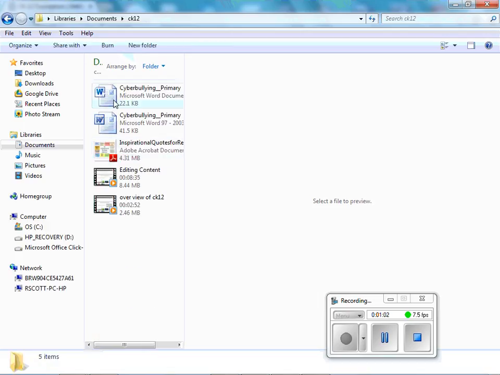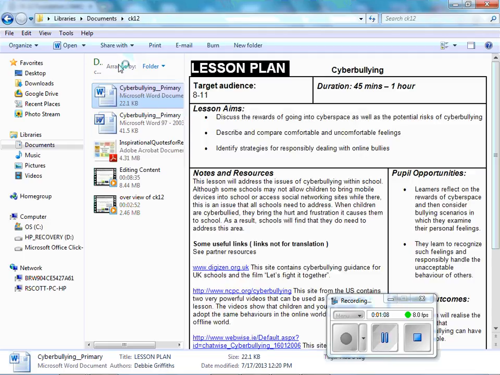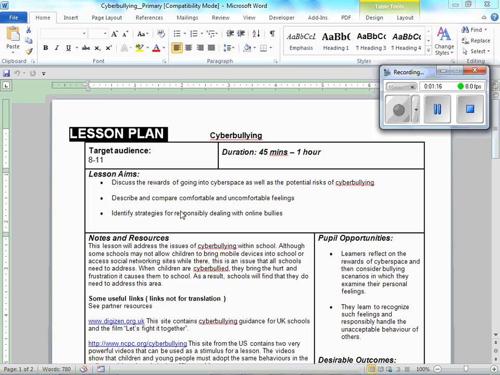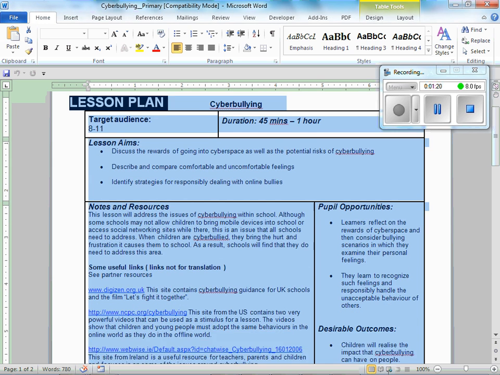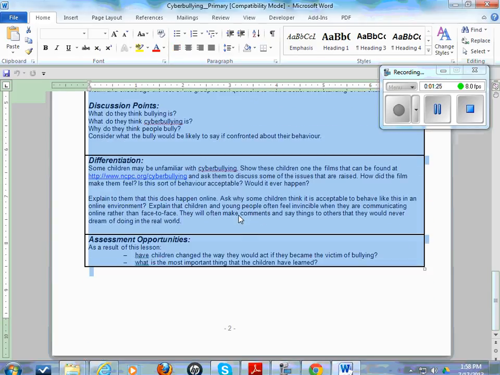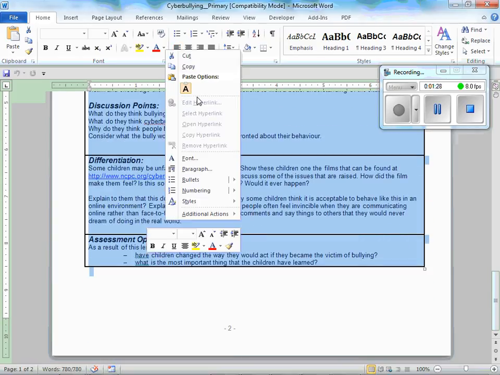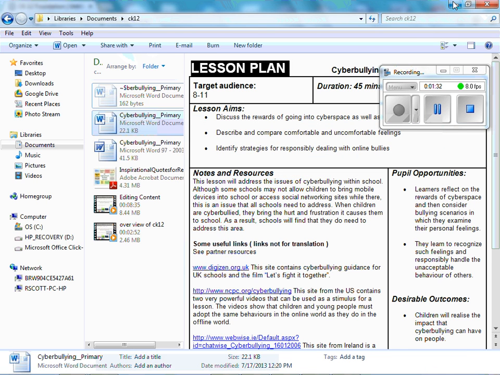and cyberbullying right here. And there it is. So I'm going to open that up. Since now it's open, I'm going to go ahead and copy and paste the entire document into my Flexbook. Of course, right click, copy, and we have the Flexbook document